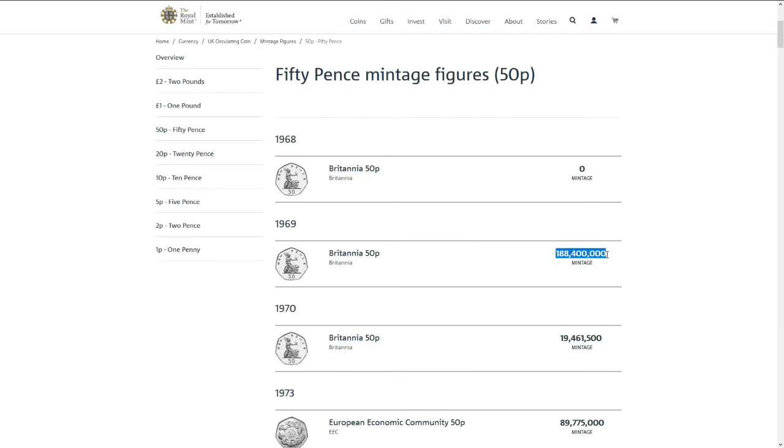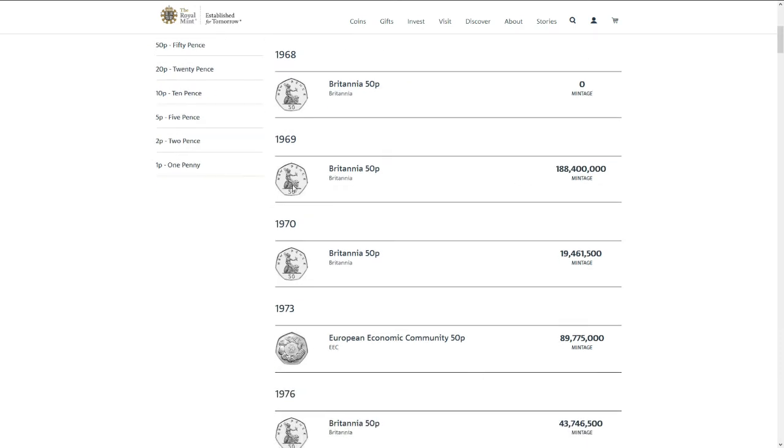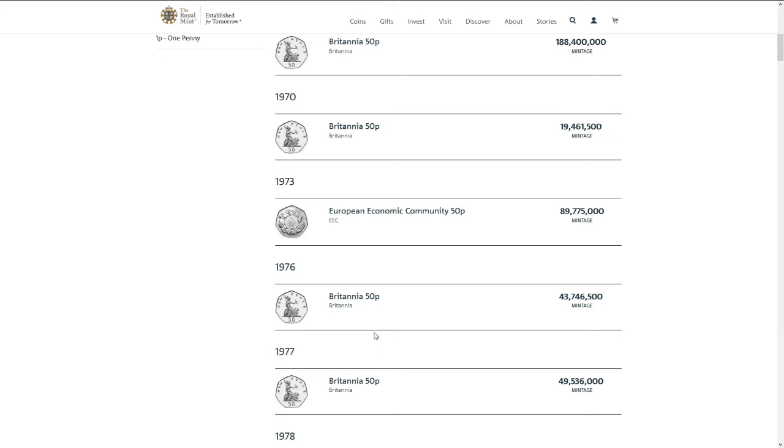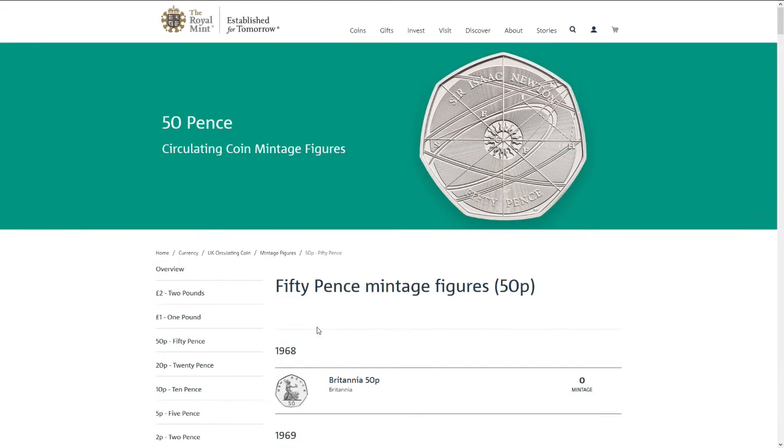1968, when they started minting the new decimal coins. They didn't produce any 50ps, and obviously that's because they started in 1969. We just had the 50th anniversary last year of the 50p. 188.4 million. 1970, slightly fewer. 1971 and 72, nothing. 1973 is when they did the EEC, or the common market, as it was probably known